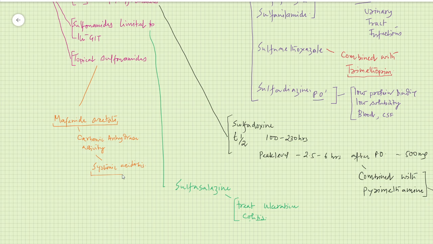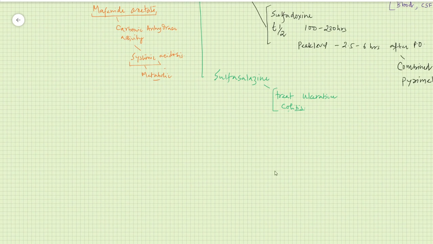Okay, so when we mean systemic, we mean metabolic. Okay, so it had got this important adverse effect. It used to cause systemic acidosis. So therefore, a newer drug came into the picture, and that drug is what is now commonly found in